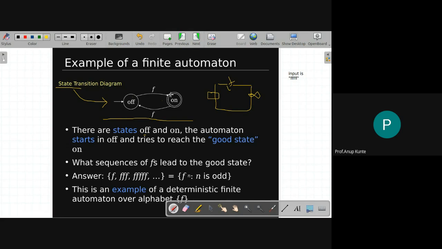Okay, so there is no flow shown. Here we are showing the flow. What does this flow indicate? This flow indicates that if you are in off state and you do the operation mentioned on the edge, then you go to